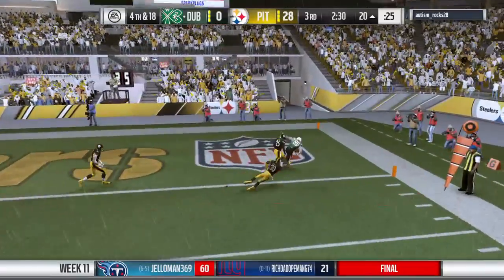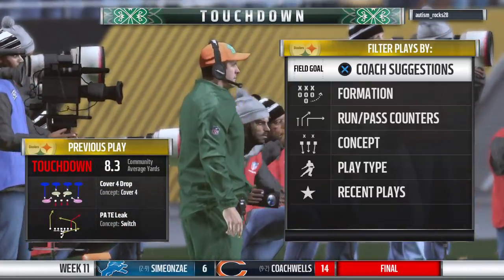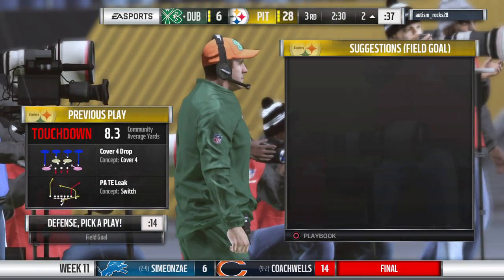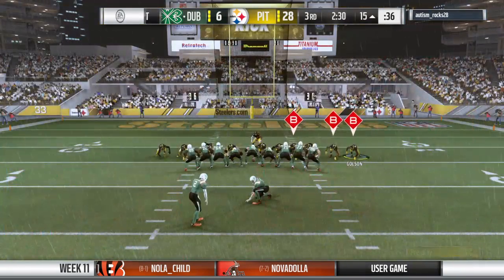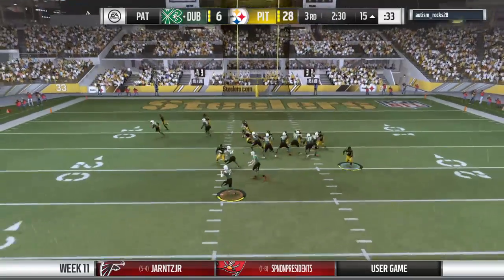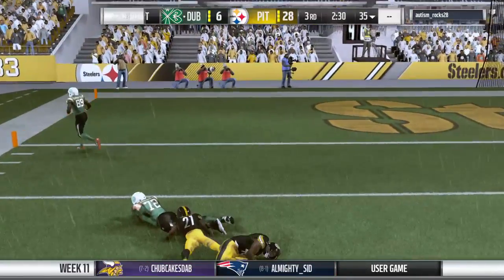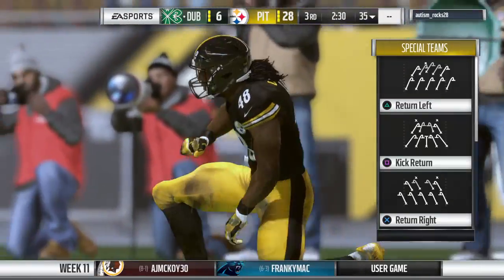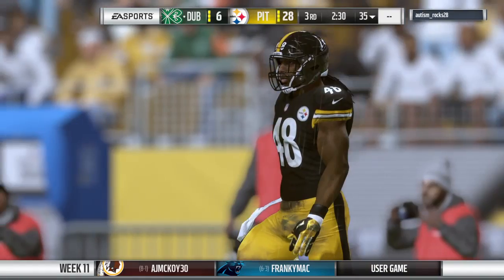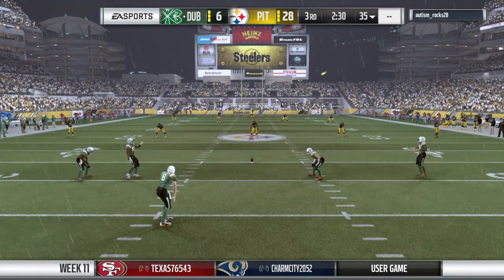Here's Rivers, and he will take it in for the touchdown. Hunter Henry, his 6th touchdown of the season. And his guys are able to cut into that deficit. Oh, they flip it to the kicker. He looks like he's going to throw it. His throw caught right around the 6. And he is not going to get in here. So the decision to go for 2 does not pay off as they're unable to cut any further into their